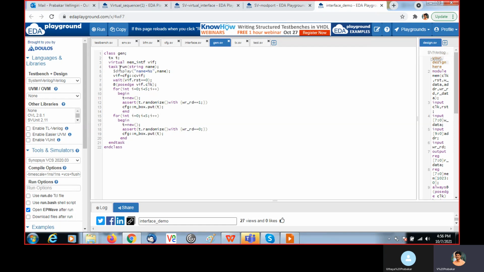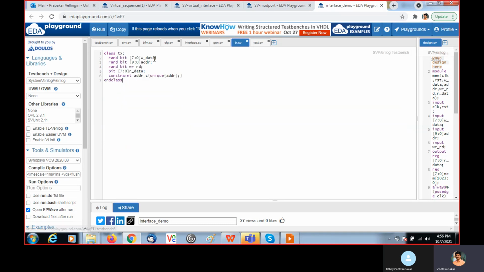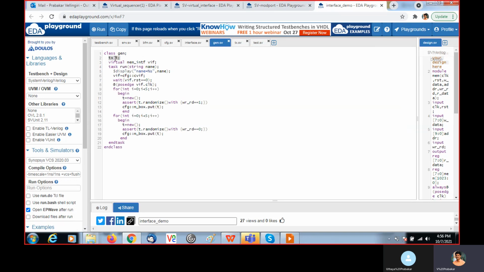When we make the reset as 0, that means we release the reset. So it will enter this block and it is generating the transaction. Inside the for loop, T is nothing but the transaction, this TX class that we instantiated as T, and we are creating memory for that.